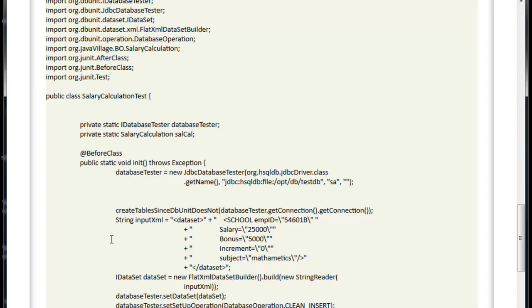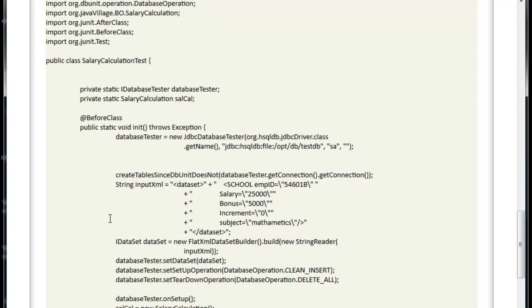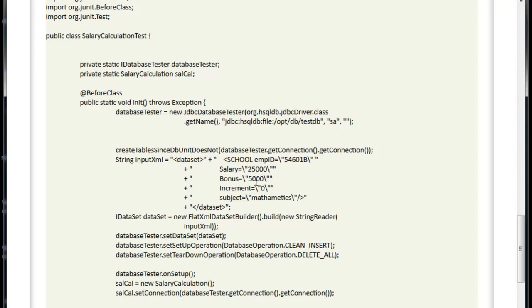Before going to write, I want to tell you: once we create a file system or memory system in HSQL DB, we have to capture those DB details. Whenever we create any DB system, we will get the database details for HSQL DB: this is the URL, this is the username, and this is the password. It is very easy to understand.